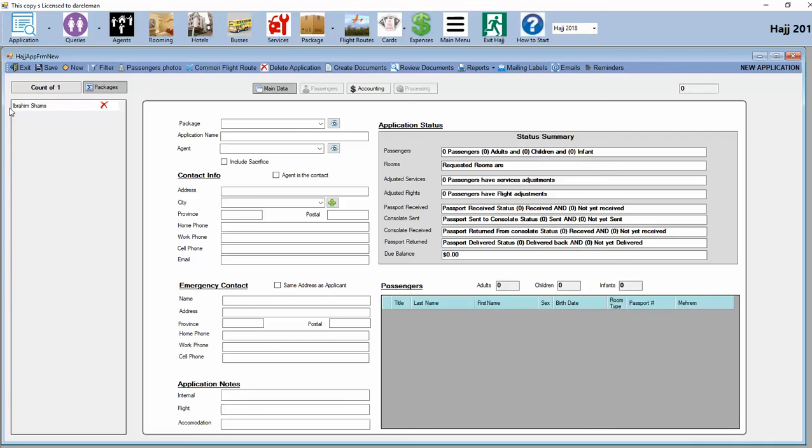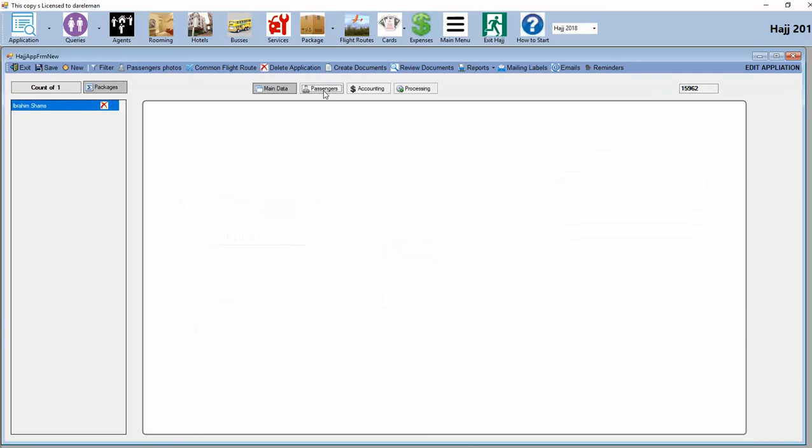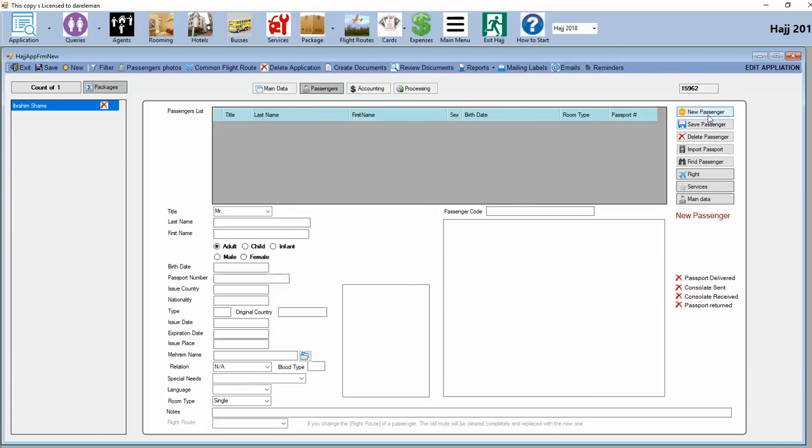Now, the second stage of entering the remaining data of the application is to select the application, and it shows here as an edit, and that's the new number it picked automatically. Now, we will enter the passengers to the application. To do that, we click on the passengers, which is enabled at the moment. You click New Passenger, and you start entering the passenger name, like last name is Shams,